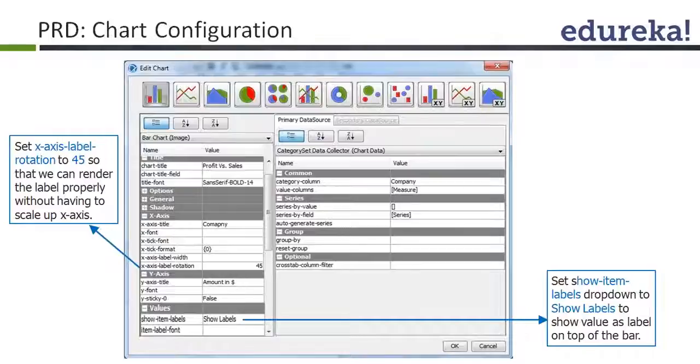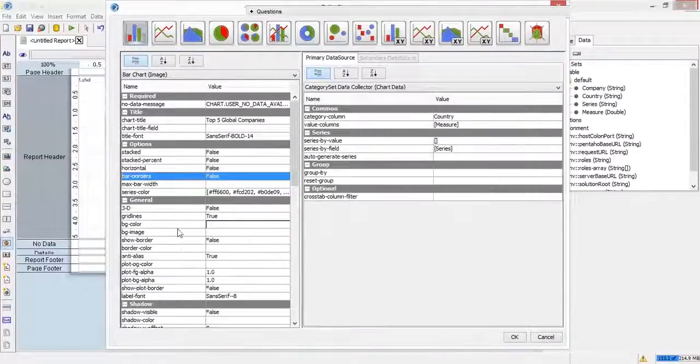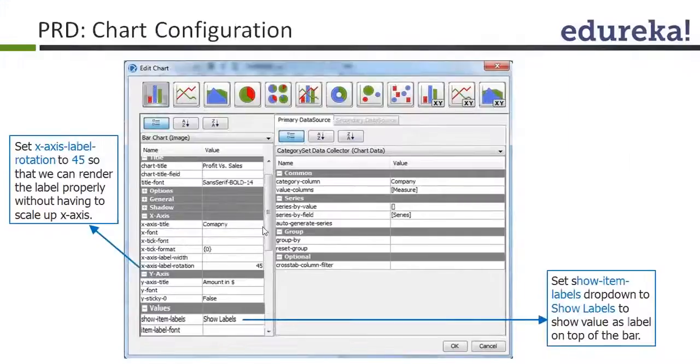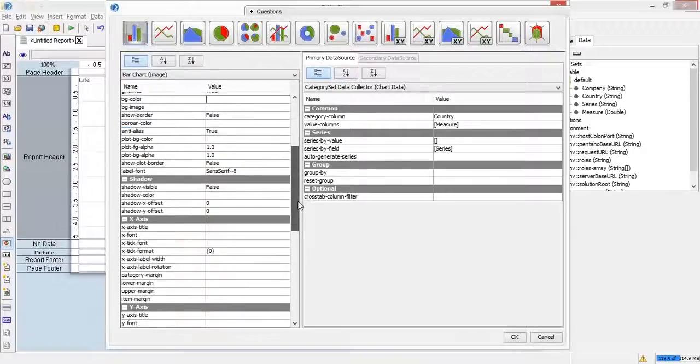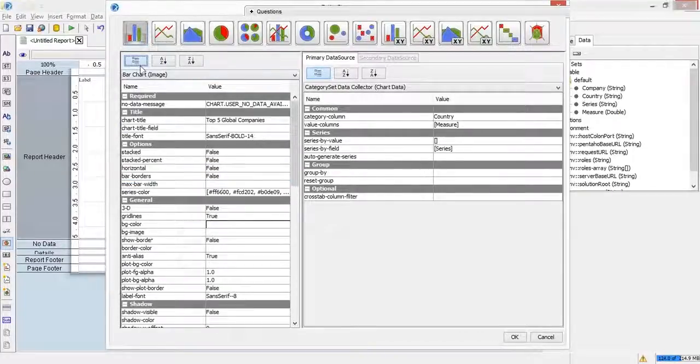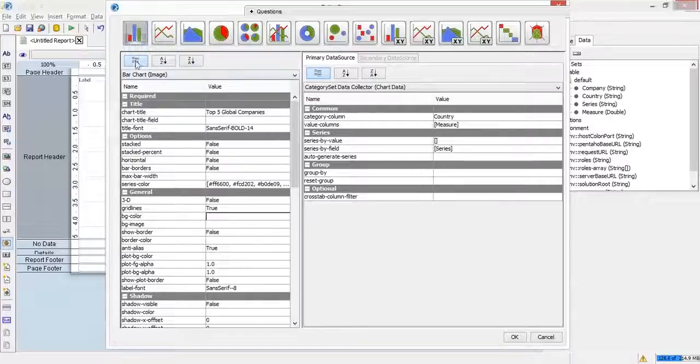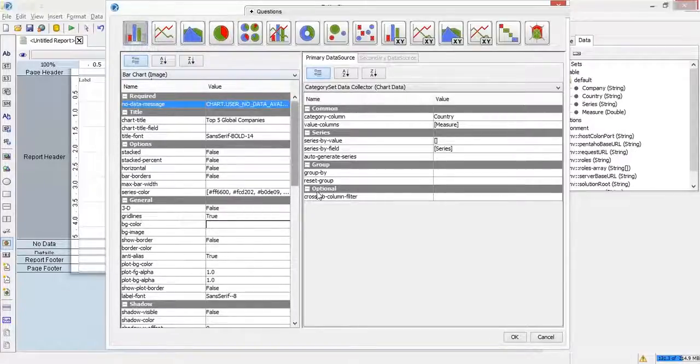So here the next element we're going to configure from the chart is x-axis label rotation. Make it 45 degrees so that it will be visible. By default it is all exploded, so you can switch it. It should work, but I'm not sure why it is not working. But you can explode. Okay, only the selected stuff is working. So you can zip the unwanted stuff,